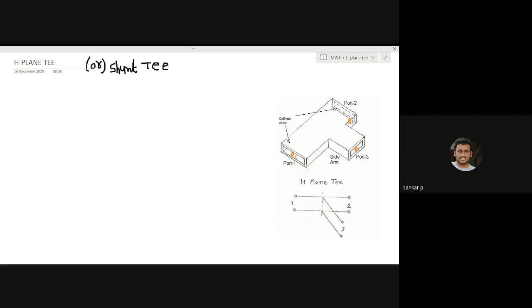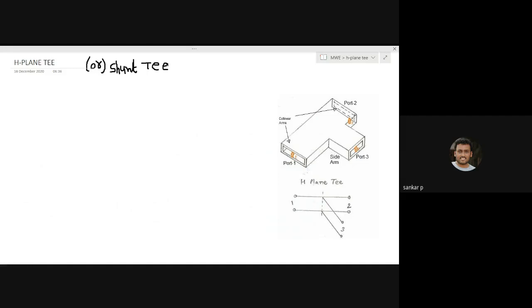Now, what is an H-plane T? What is the difference between the E-plane T and the H-plane T? Here in the E-plane T, if you observe, the electric field is parallel to port 3. When coming to the H-plane T, the magnetic field is parallel to the H plane. That is the first difference you should know. An H-plane T is a three-port waveguide configuration in which the axis of its side arm is shunting the E field or parallel to the H field of the waveguide. Hope you are getting the basic difference.